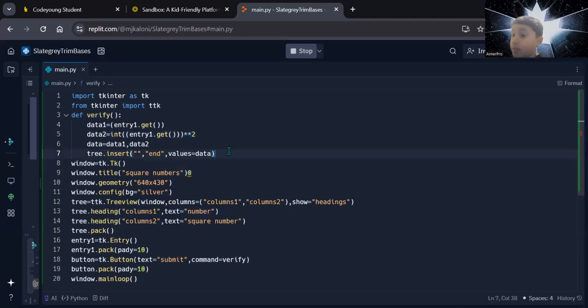If you print the data type, that's gonna be string. So we make it an integer because that's what we're supposed to do. You can't make 6 a string and multiply by an integer. You can't add it, nor subtract or power. You can only do it with an integer. So we make entry 1 an integer, power 2. Then data, we make data 1, comma, data 2. Then tree.insert, values equals the data. So it's going to show data 1 and data 2. Okay, if we run the thing,